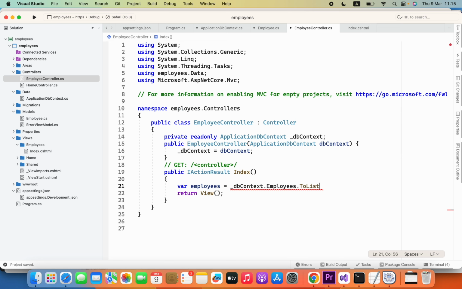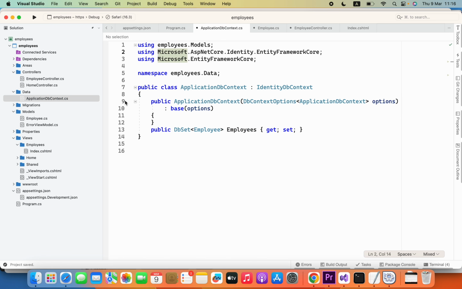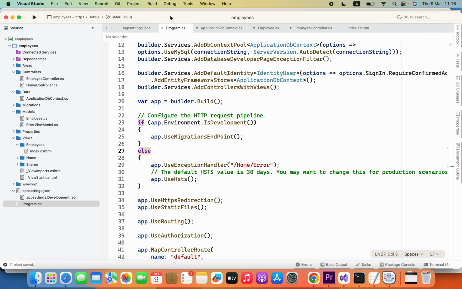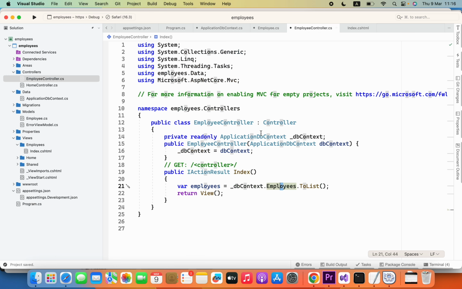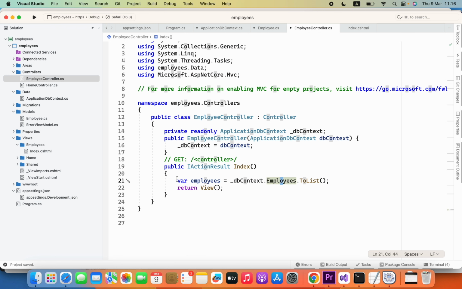You might be thinking what is this employees? Actually that is added here in the ApplicationDbContext file, and we have this property employees. It is receiving the data into this variable. After that here in the controller we are going to return a view with this